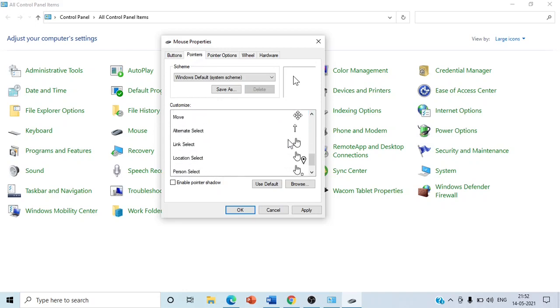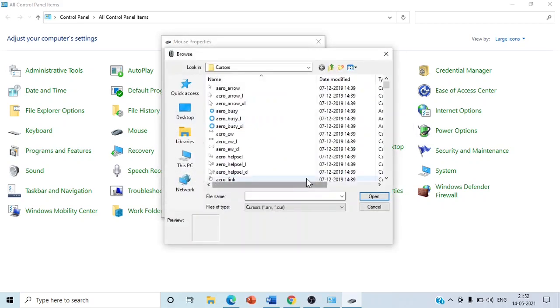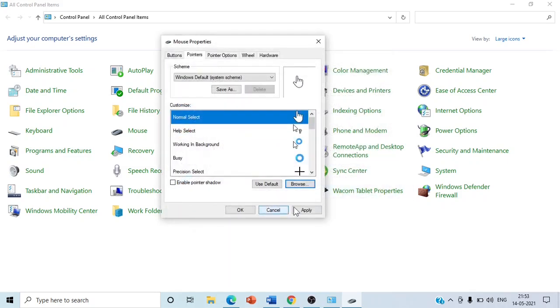Any one of them you can choose. For example, you will click on the browse button and you will get all the icons for the mouse. You will click any of these. For example, we use this and when applied, you will see that your mouse icon has been changed.